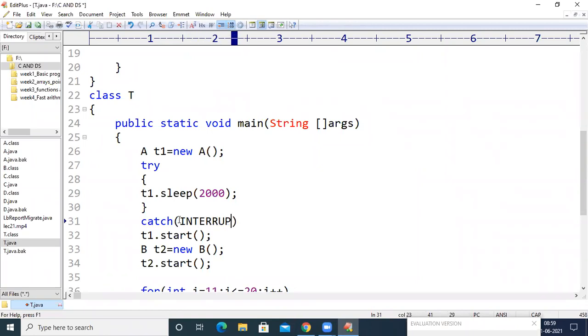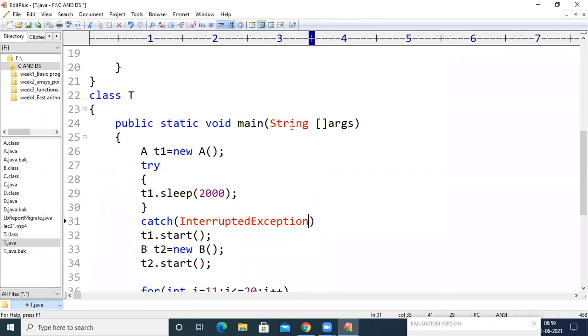I is capital, InterruptedException. If you write it correctly, you will get suggestions, because it is a class name, so you will get it in capital letters.